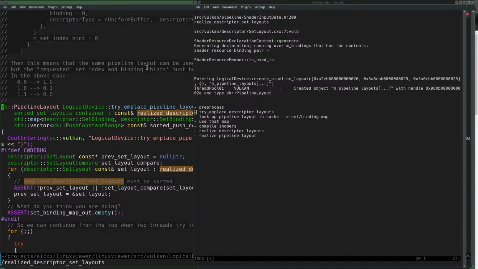Okay, so we have some intermediate state that is produced by the preprocessing, which then must be kept until we do the compile shaders. That would be a good question to begin with: what is the output of preprocess that is being used by compiling of the shaders?